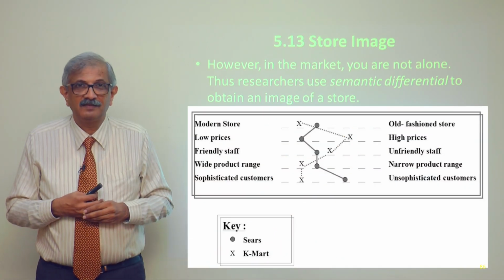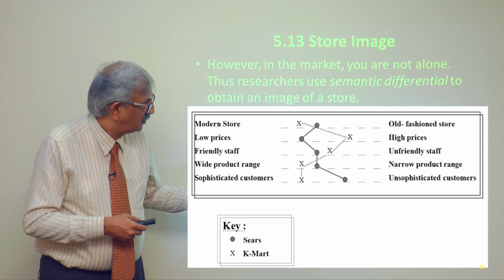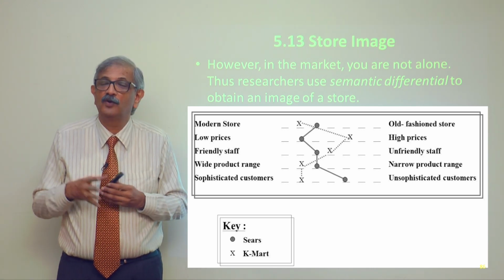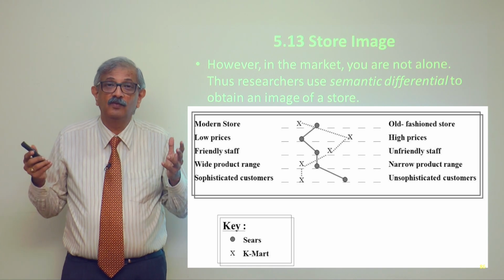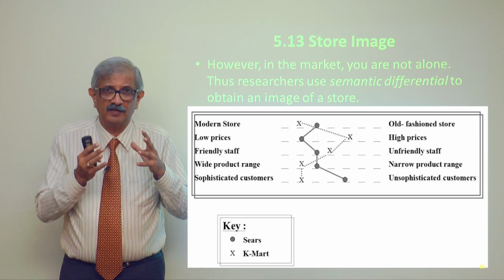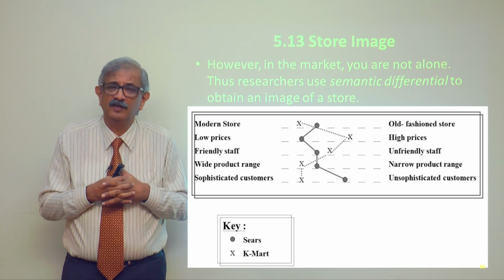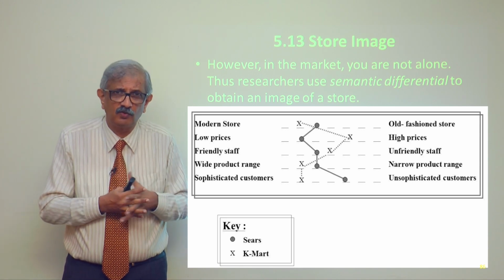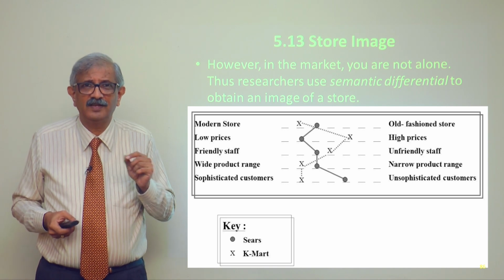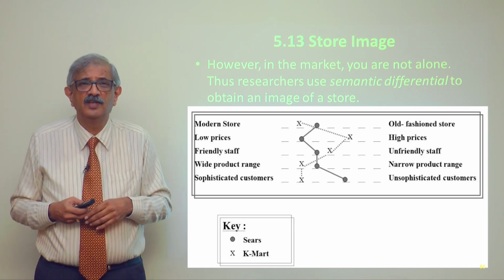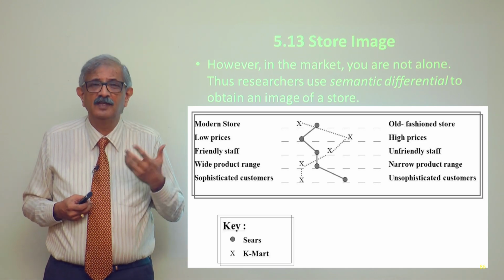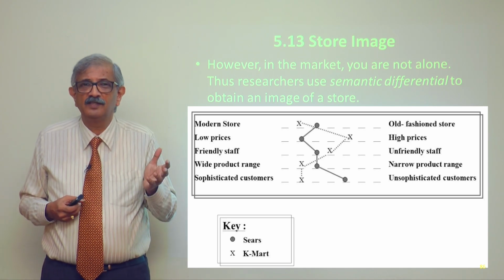We come to the last thing, which is store image, so to say. This is also one science wherein in the market you are not alone. You are working with the others. So there is an image of the store. And store image is again a framework which can be used for other uses also, which is using a semantic differential. That's a technical term of market research. Using that, you try to get feedback from the customers and plot what is known as a snake chart,